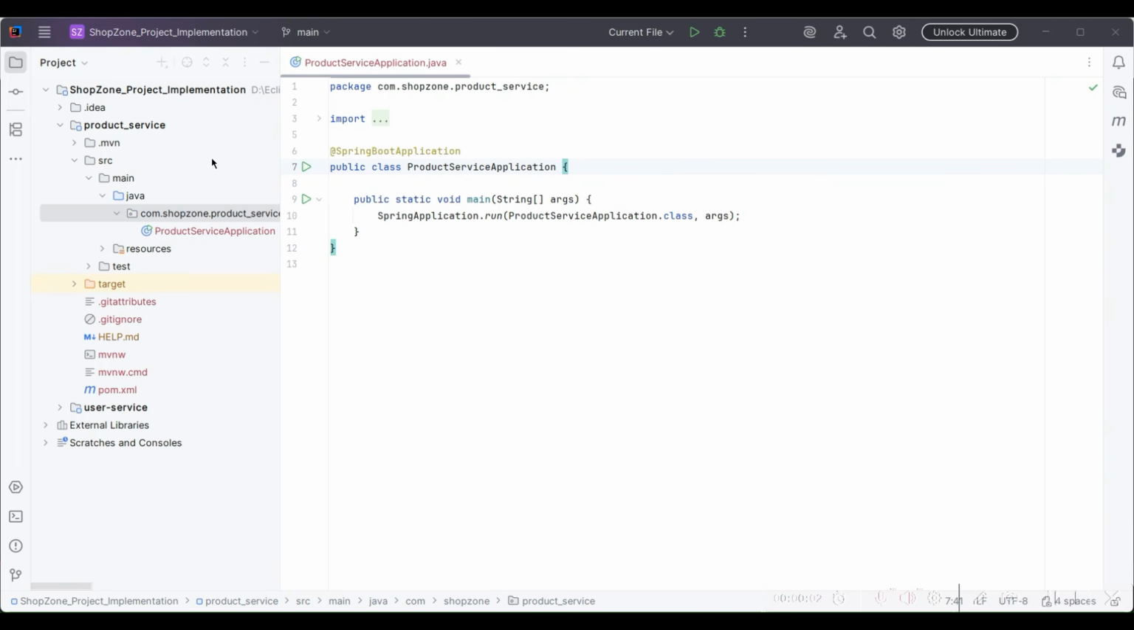Okay, so you can see I've imported my product service application. Let's start. And yeah, one note point before going forward, please pay attention. One note point, that is, please don't